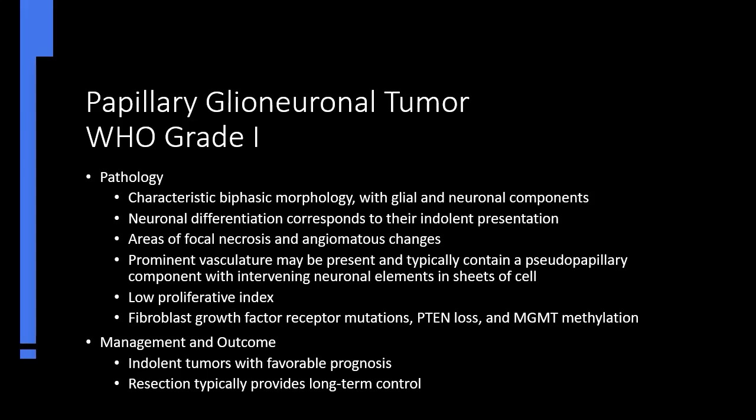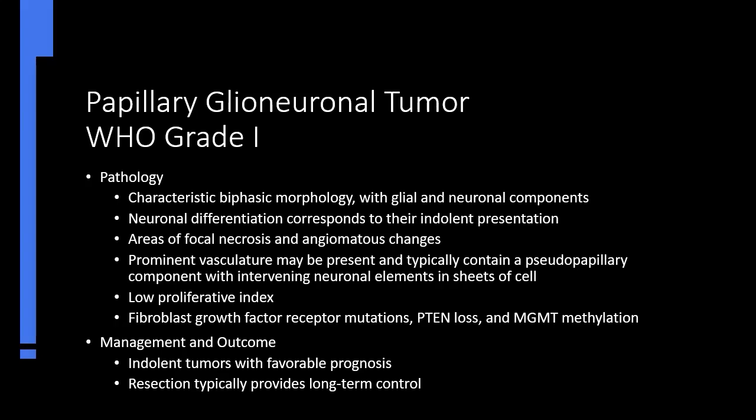Papillary glioneuronal tumors have a characteristic biphasic morphology consisting of glial and neuronal components, with the glial component being astrocytic and the neuronal component demonstrating extensive differentiation that includes neurocytes and ganglion cells. The neuronal differentiation corresponds to their indolent course. Areas of focal necrosis and angiomatous changes are also present. Prominent vasculature may be present and typically contains a pseudopapillary component with intervening neuronal elements present in sheets of cells. The perivascular arrangement of cuboidal GFAP-positive astrocytes is not seen in other glioneuronal neoplasms, and therefore the architectural pseudopapillae is the